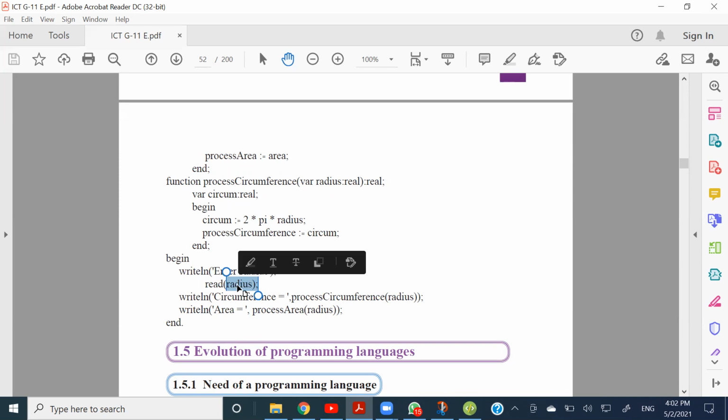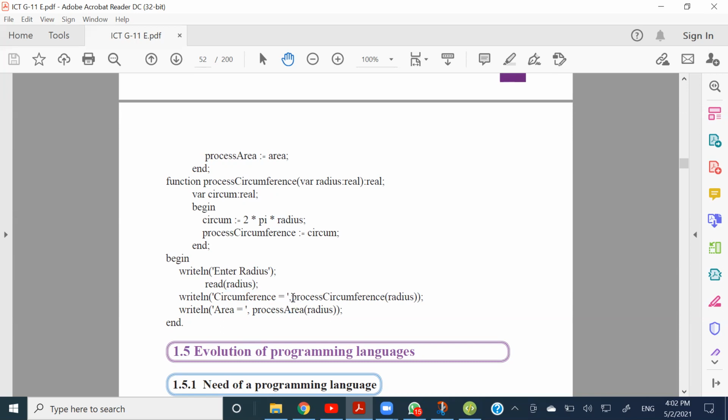So unlike the procedure, we read a variable to the radius inside the main program here, right? Then what they have done is writeln, so that means they are going to print something. So circumference will be printed as it is with the equal sign. And then after the comma,